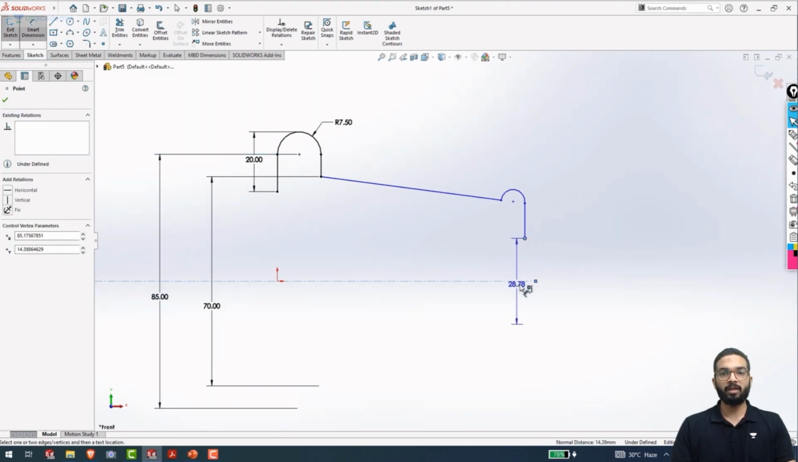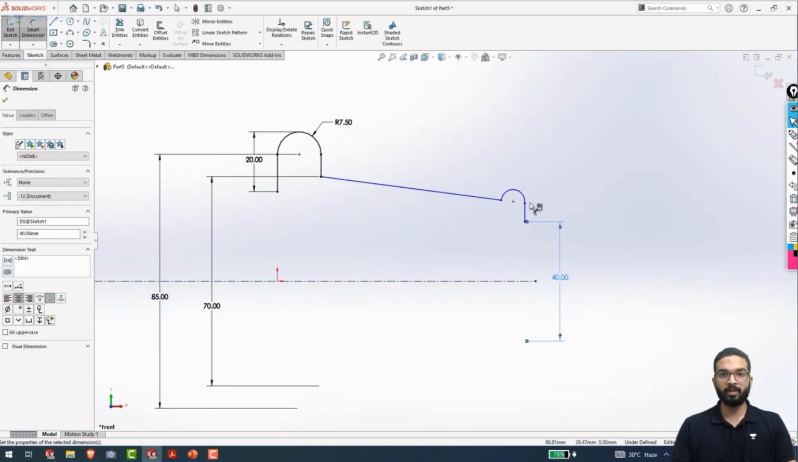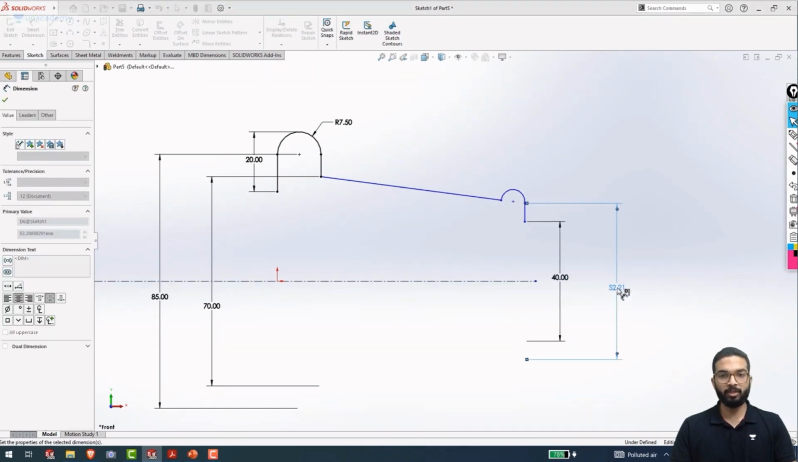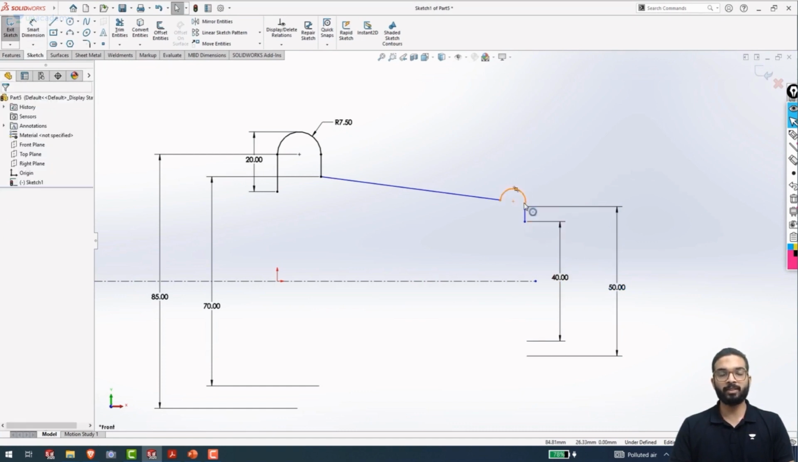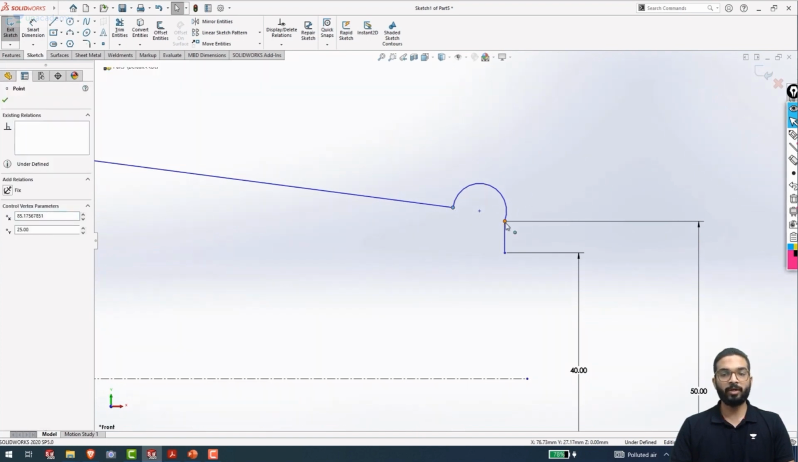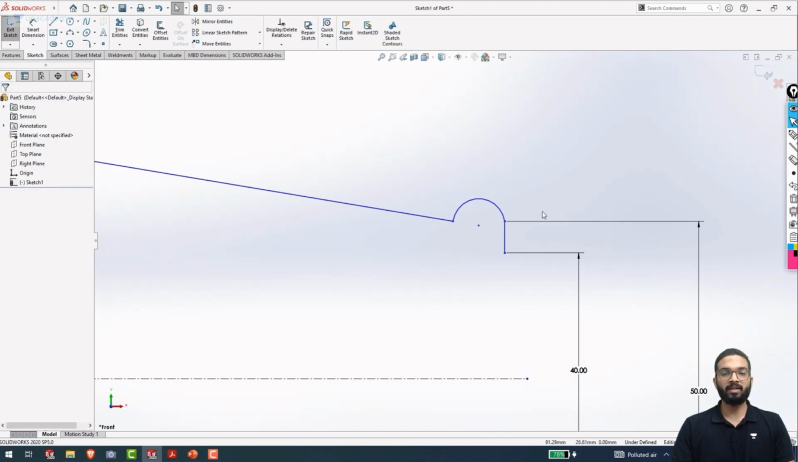I will give a diametrical dimension of 40 millimeters over here. Next, we will give a dimension of 50 millimeters over here. Once we have done this, I will now go here. I will first press escape, zoom in, and now select these 2 points by pressing Ctrl and make them horizontal. Once I have done that, I will now get into the Smart Dimensions tab again and give this a radius